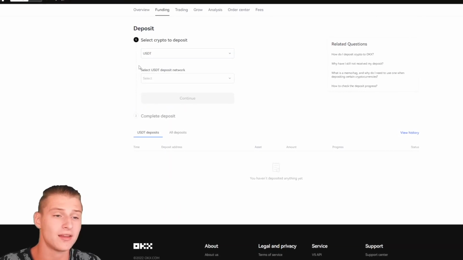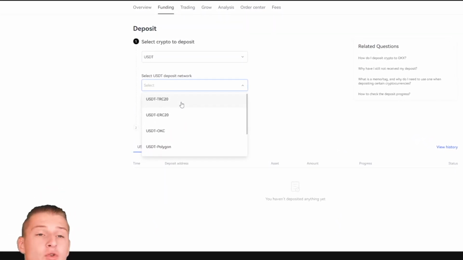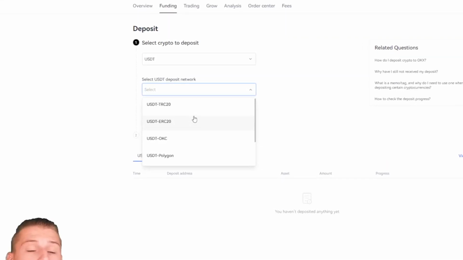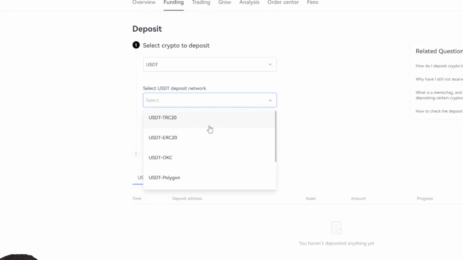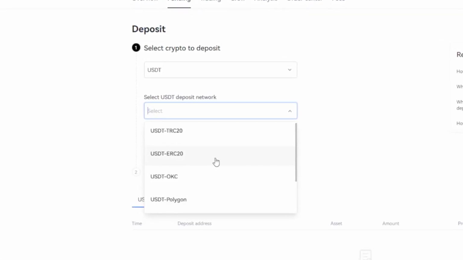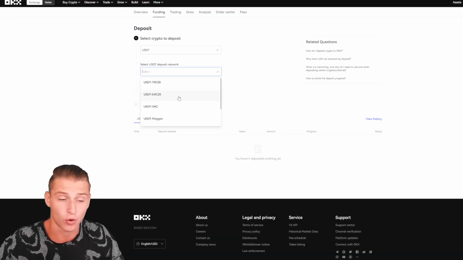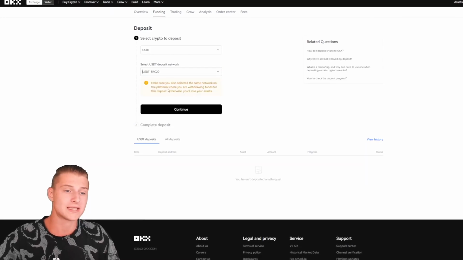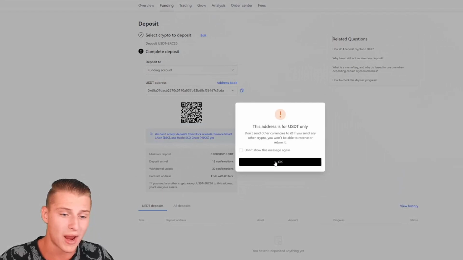Once I do select that, you have to select the USD Tether network. Of course, do be aware that you send the right cryptocurrency from the right network. So let's say if you send USD Tether, you have to check the network you're sending it towards. In this case, I will be sending it from ERC20, and I do also think that that is the most used chain currently right now. So in this case, I press USD Tether ERC20, I press continue, and of course right now you can clearly